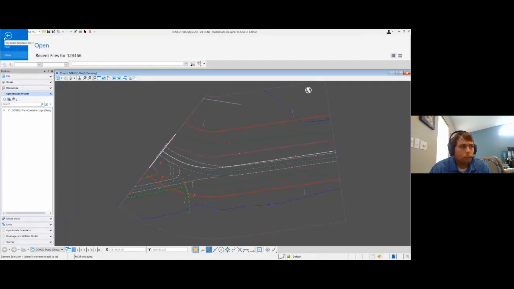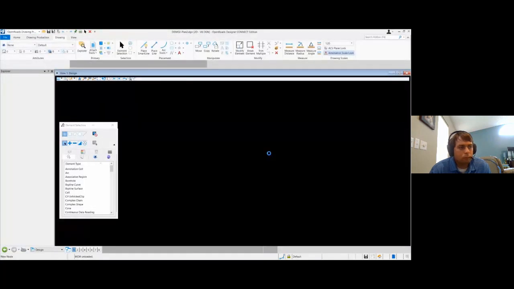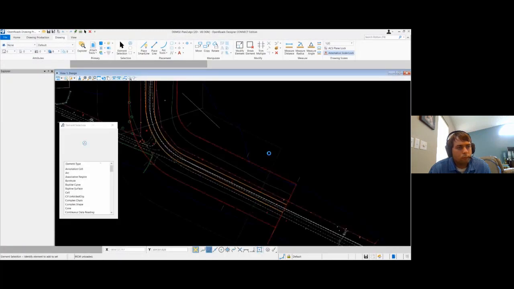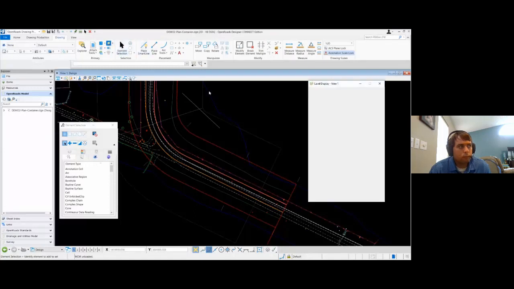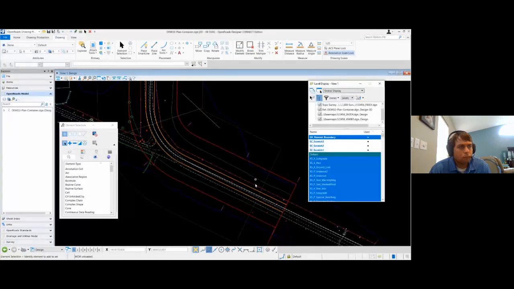So if I jump back to my container, the one difference I see right now is the shoulder, right? I think I had that off in the view before, the view display.